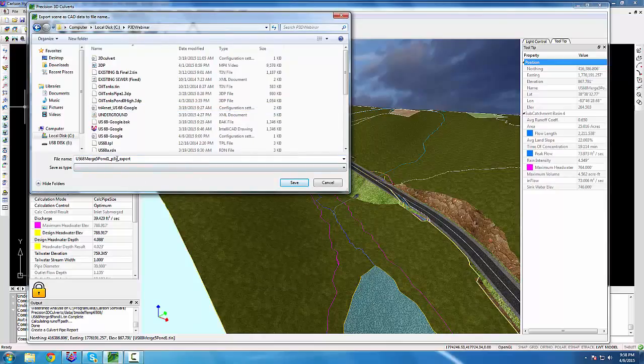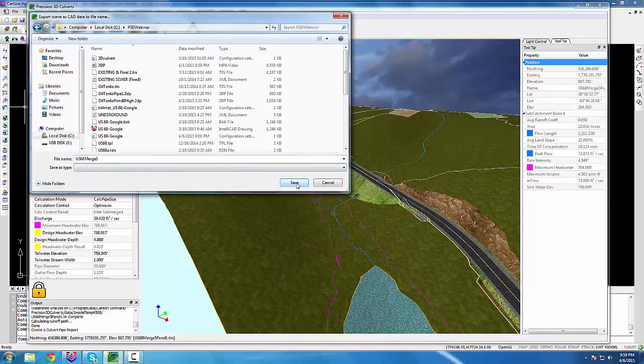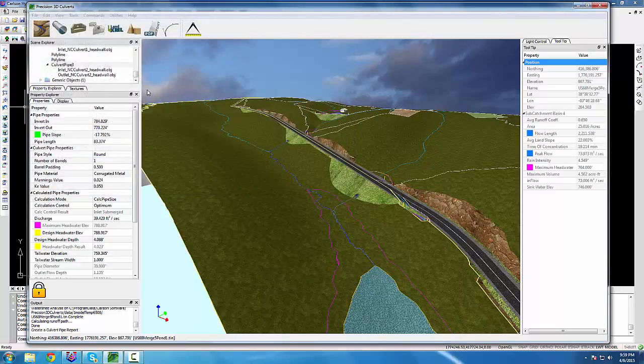And we can give it a name that we can easily remember. US 68 Merge 5. I'll delete that portion of it. Just US 68 Merge 5 and save it. Okay, we've done that. Now you can either exit or simply minimize,